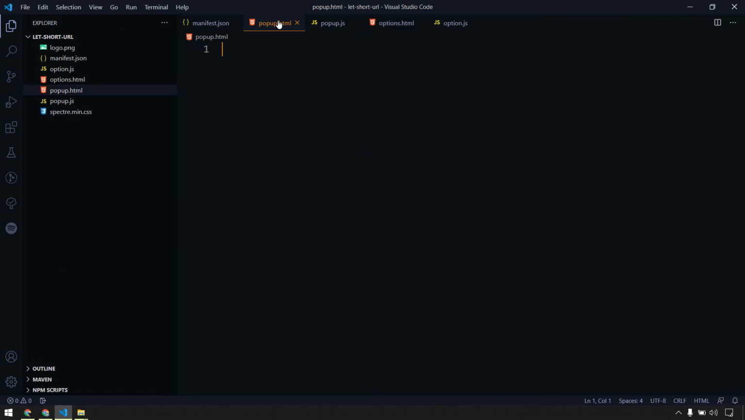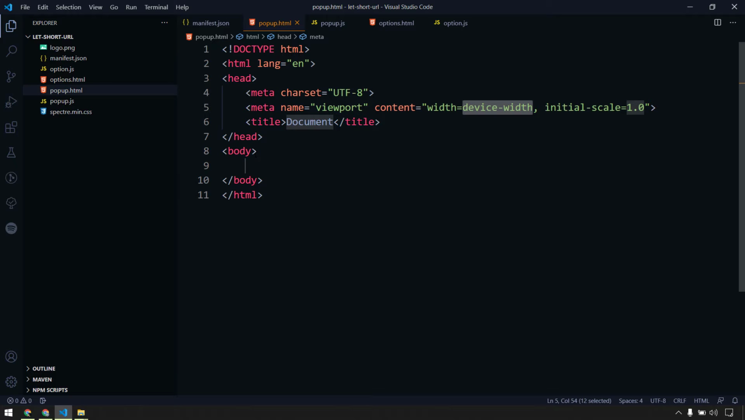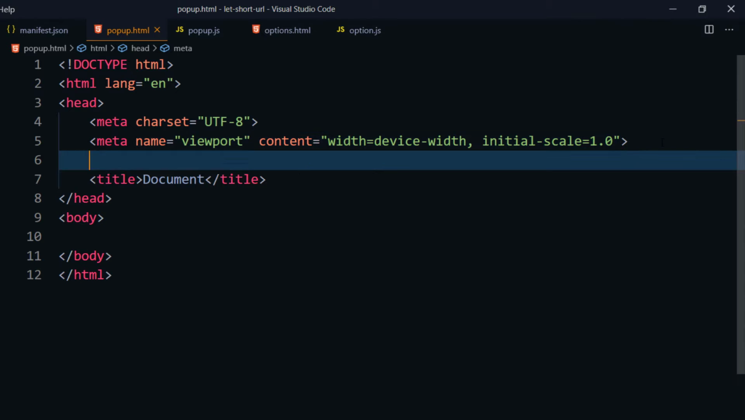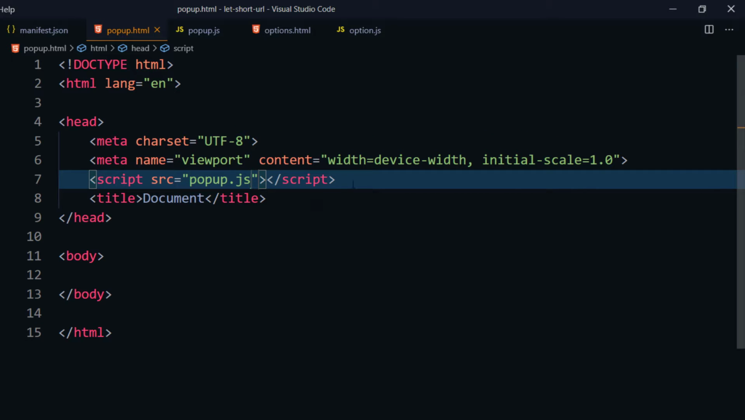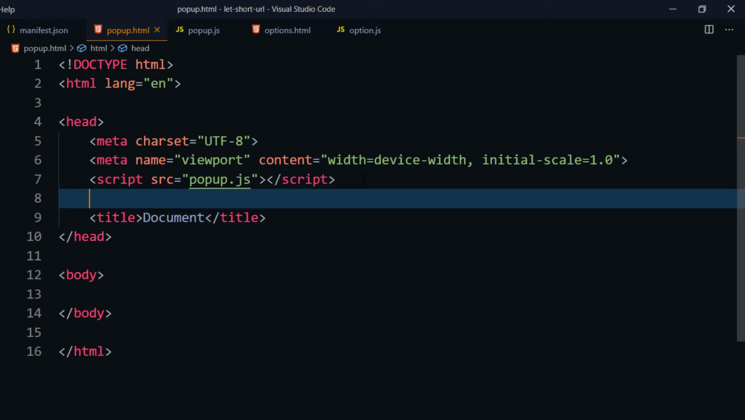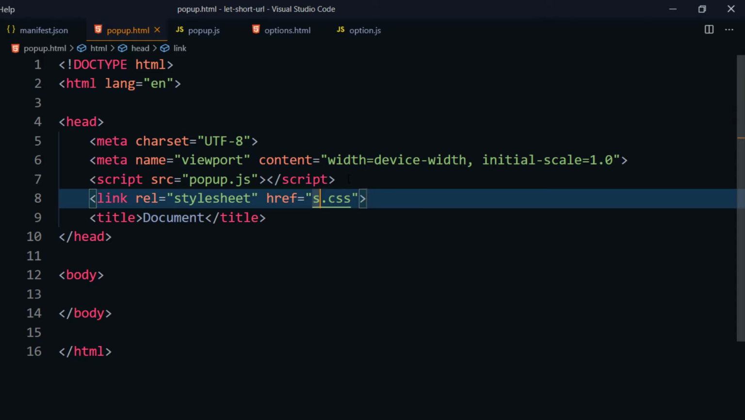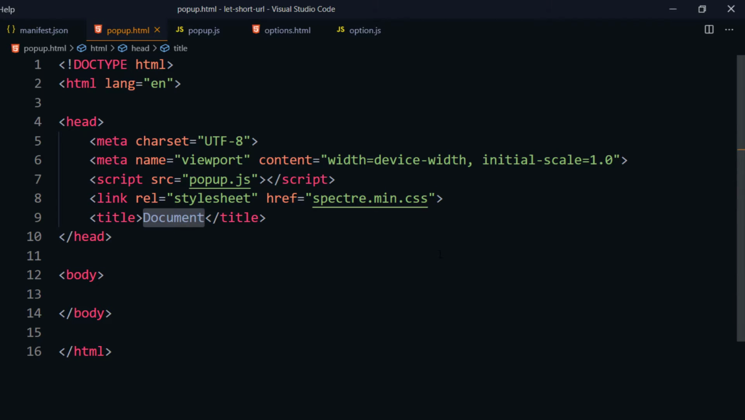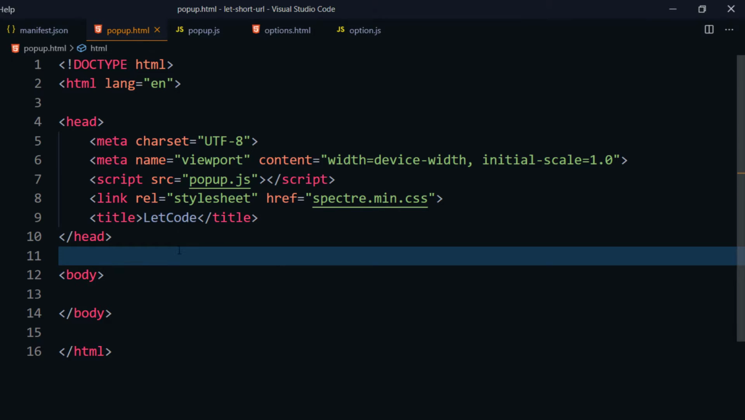Now let's go back to our popup.html, and here just type an exclamation mark and press enter. That should give you this boilerplate code. Now within this, I will first include our JavaScript file. So script src, and we will specify popup.js. And after that, of course, we have to add the link here. So link and CSS, and that's going to be our spectre.min.css, right? Now for the document title, we'll just name this LetCode, and within this